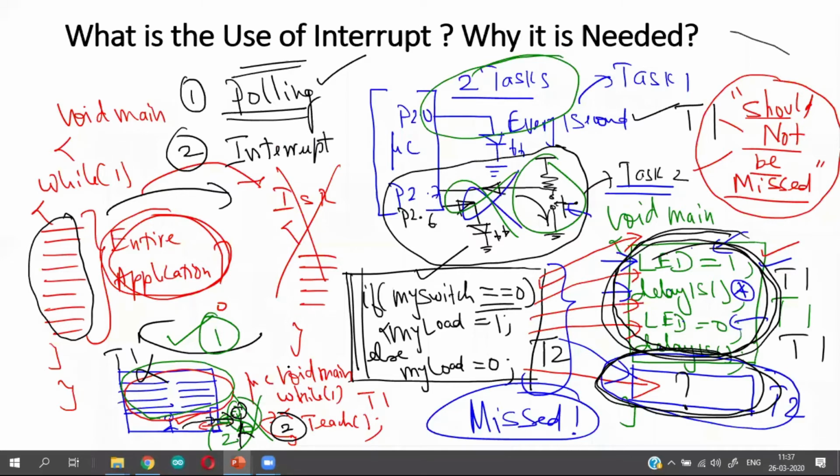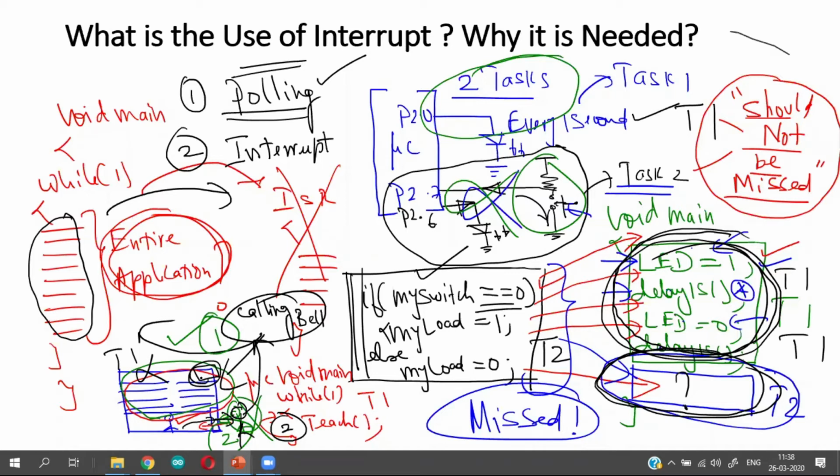So what is the interrupt technique? Somebody from the office or somebody from outside, if they wanted to have some communication with me, they need not have to wait in the door. So what I put here, I put a calling bell here. Once somebody comes here, they press the calling bell. Once they press the calling bell, I get a calling bell sound internal to the classroom.